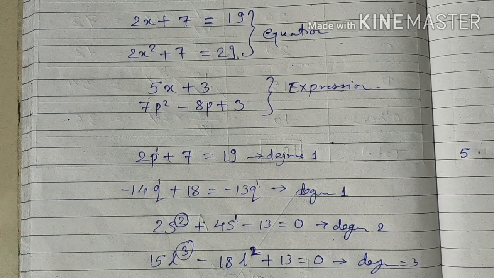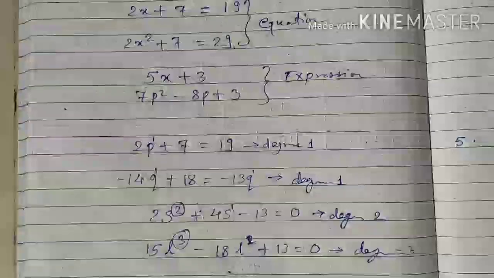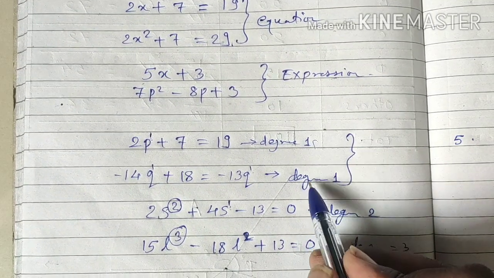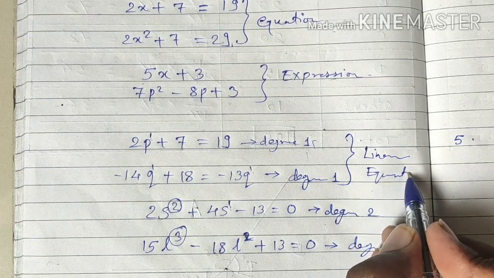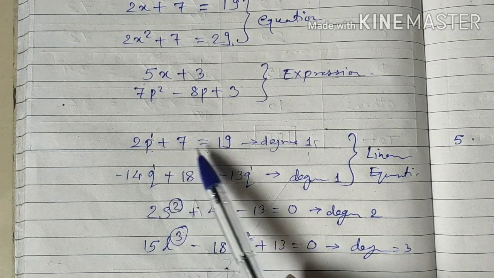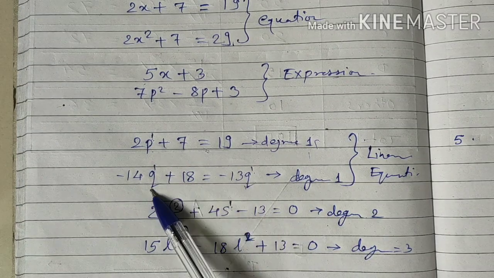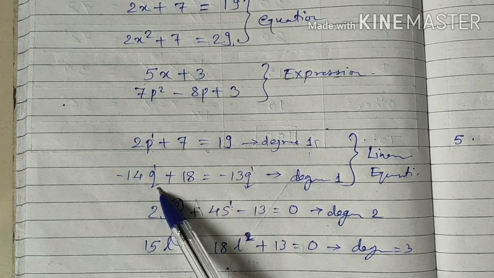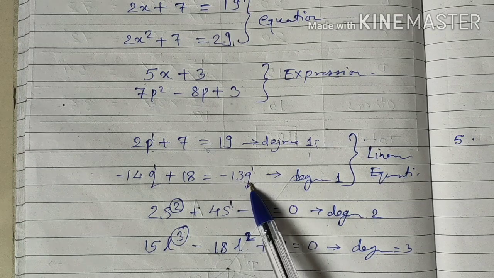Correct? So in this way, only if the degree of the equation is 1 can we call it a linear equation. That means the first two equations with degree 1 are called linear equations. And in the first, how many variables are there? Only one variable, p. So we can call it a linear equation in one variable. How many variables are in the second? q and q, the same variable is on both sides. So only one variable is present, and we can call it a linear equation in one variable.